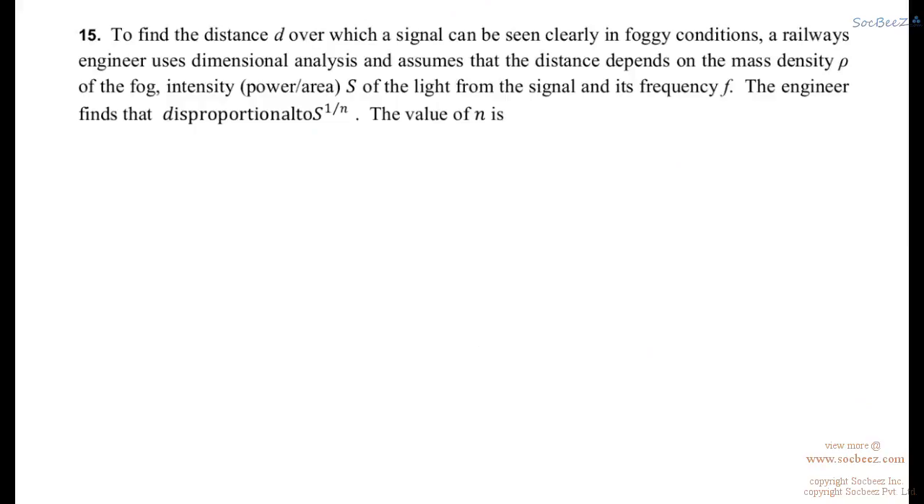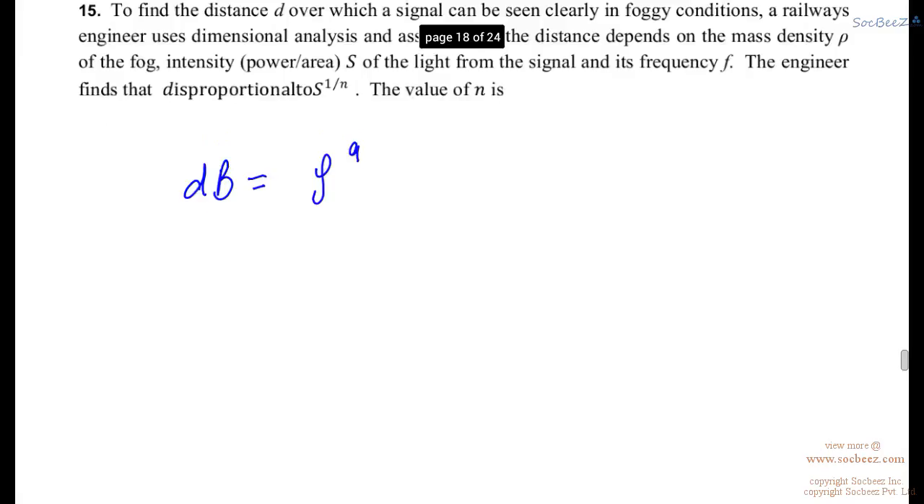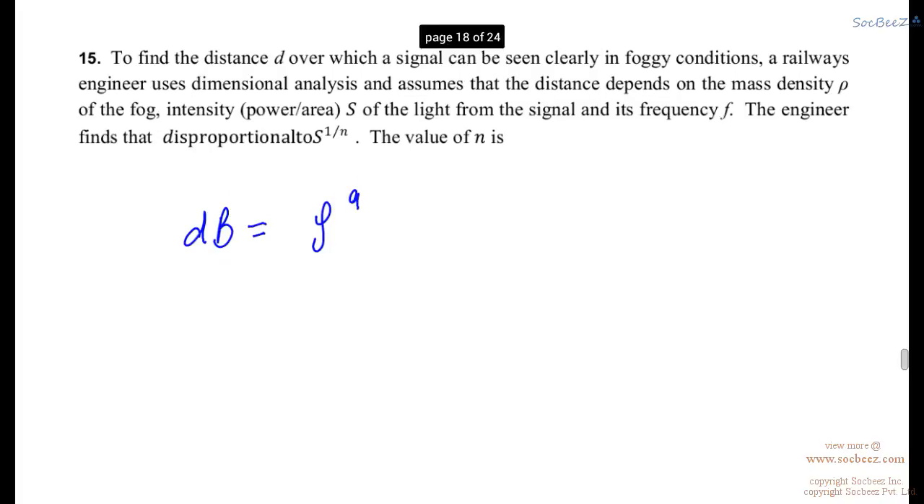To find the distance D over which a signal can be seen clearly in foggy conditions, a railway engineer uses dimensional analysis and assumes that the distance depends on the mass density ρ of the fog, intensity S of the light from the signal, and its frequency f. The engineer finds that D is proportional to S raised to the power 1 upon n. The value of n is, okay, so now since here